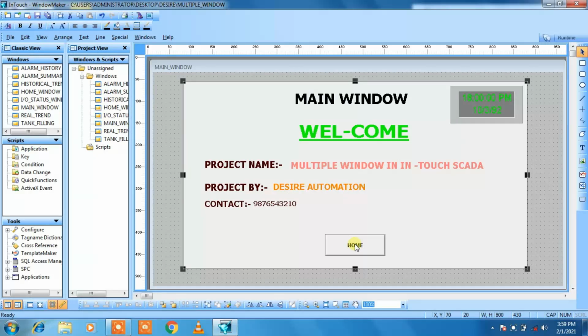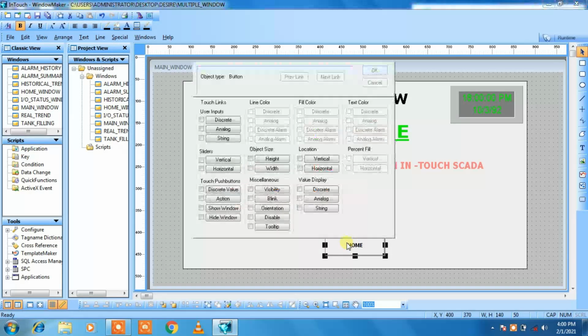So for that, double click on home, there is an option for different properties. Go to the touch push button property and in that select show window property. Why? Because when we touch the push button, it will show a new window, so that is why the property is show window.